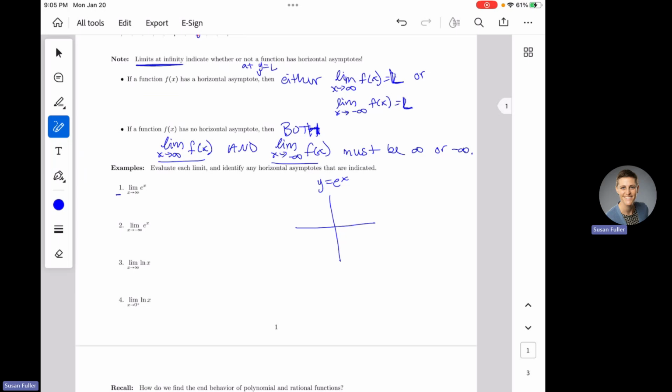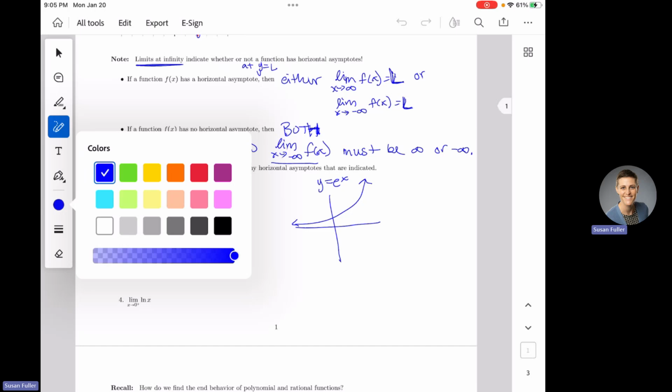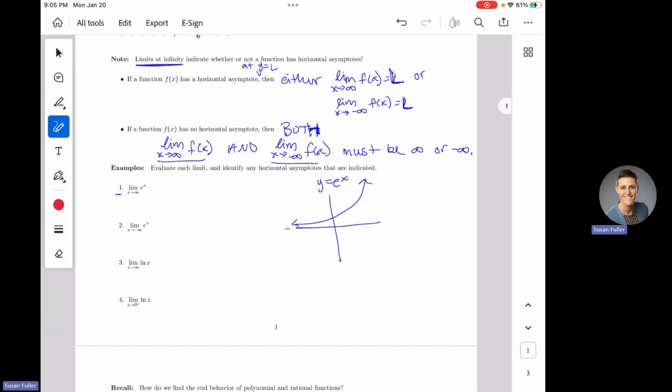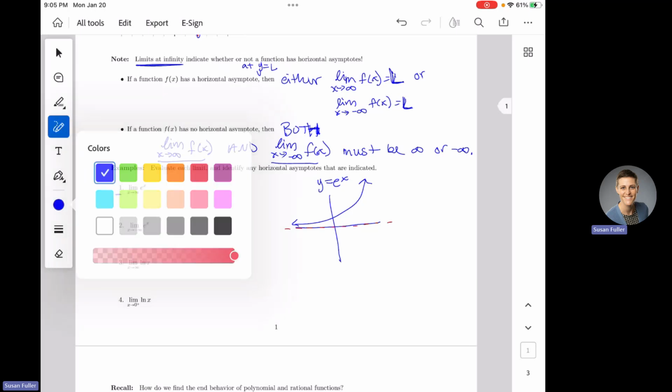I think graphs are the easiest way to do that because this is a back pocket function and you should know what this looks like. It is an increasing function. It increases from left to right and it looks like this. And this thing does have a horizontal asymptote right here at y equals 0. But we are going to figure that out with calculus here in a minute.